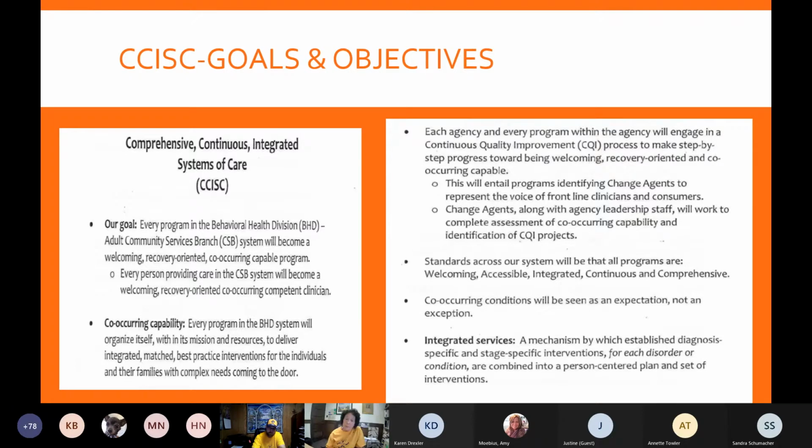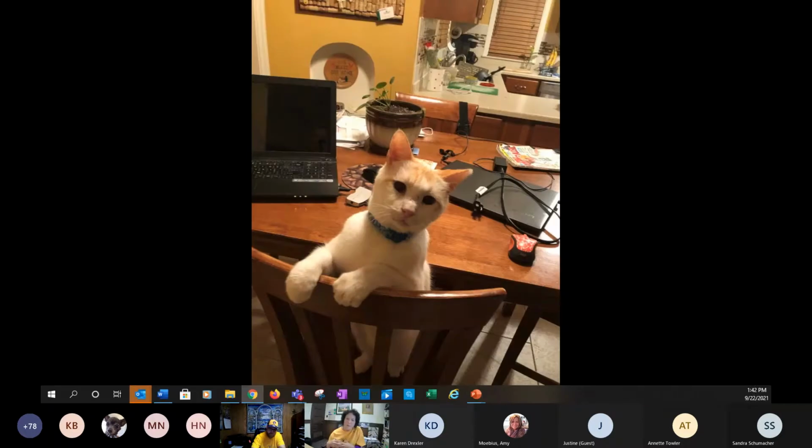Again, those letters sometimes can trip you up. This was kind of the format that Dr. Minkoff and Klein brought to us in 2009, with our goal that every program in BHD and adult community branches would be integrated and would provide